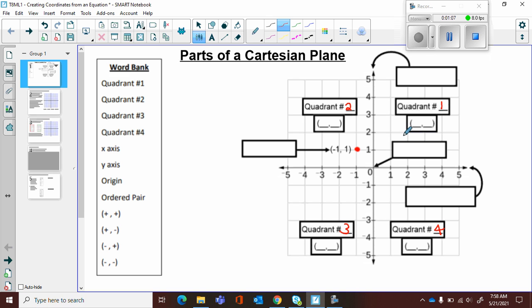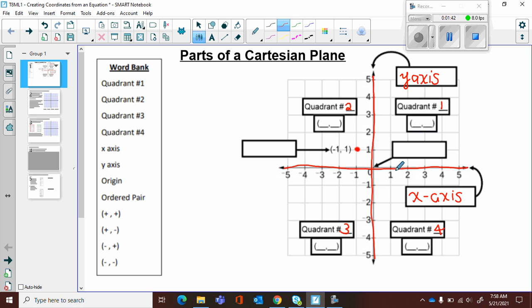Now, I'll start over here. This axis, this horizontal line, is known as the x-axis. It's where all of our x coordinates come from. And the vertical line that goes up and down is known as the y-axis. So when we're plotting points, we get one coordinate from our x-axis and one coordinate from our y-axis,